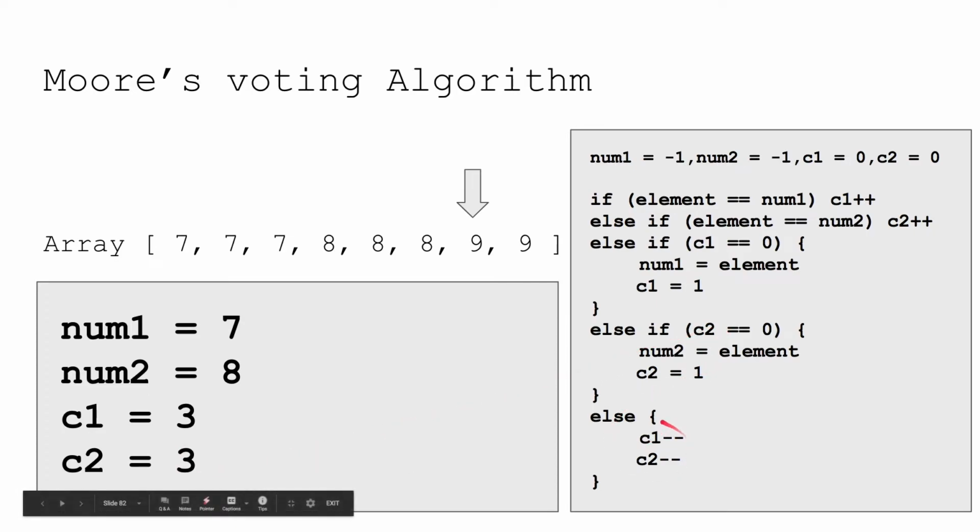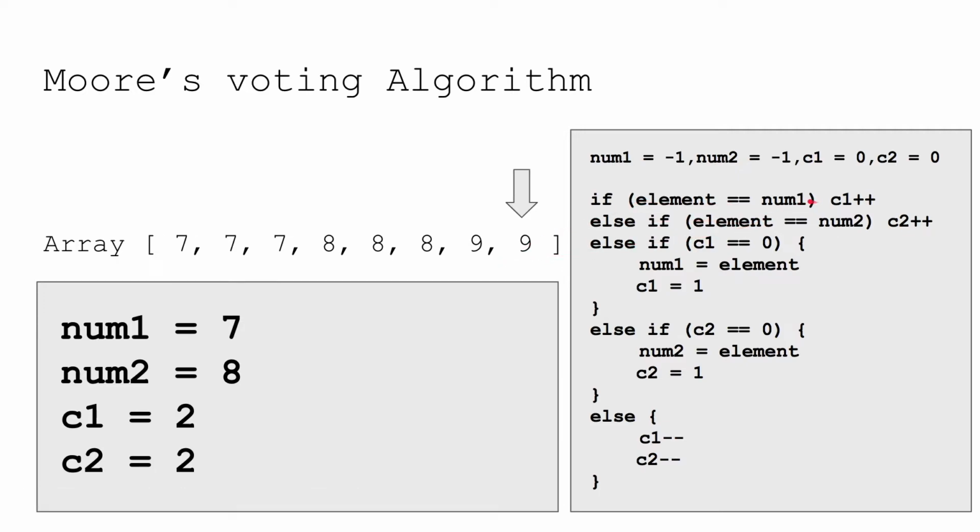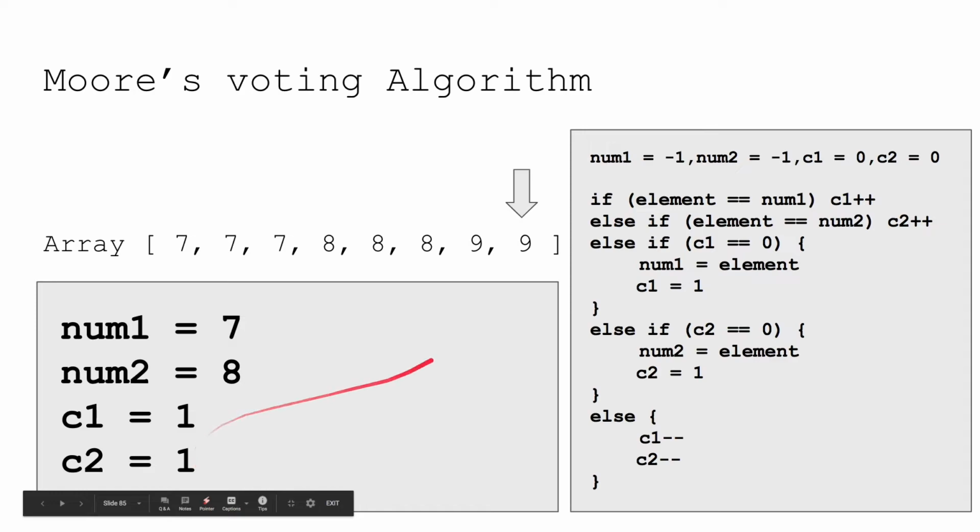Here we will end up in the else part. So simply we need to decrement both the counters. So after this, the counter value will be set to 2 for both the counters, right? Then we'll move to the next element. Again, similarly, we'll check for this element if this matches with num1 and num2. As we can see here, the values are different. We'll simply end up in the else block. So after this, we will have to decrement both the counters and it will reduce to 1. So now at the end of this array, we have this state.